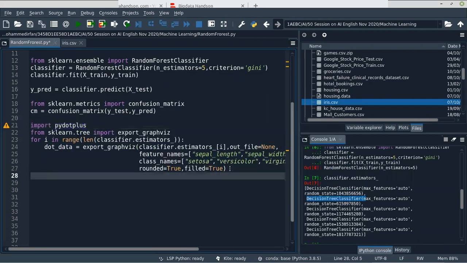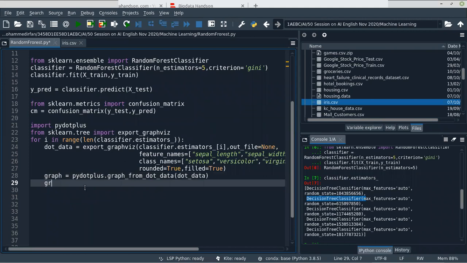After this we want to convert the data into a graph, using pydotplus.graph_from_dot_data. Here you want to give the dot_data. Now it will convert this into a graph.